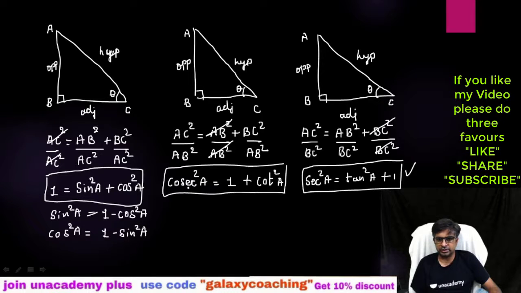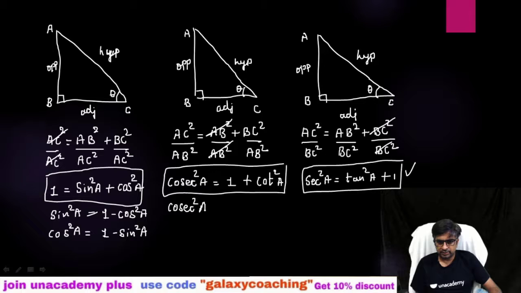Here also you can do the same thing, cosec square A minus 1 equals to cot square A. I had just taken plus 1 on that side, so that becomes negative. And you can also write cosec square A minus cot square A equals to 1. 1 is very important, guys, because you can see here 1 equals to this, this equals to also 1, and here also you will get that.